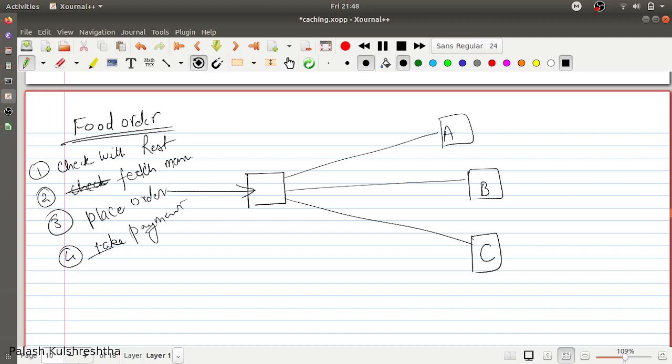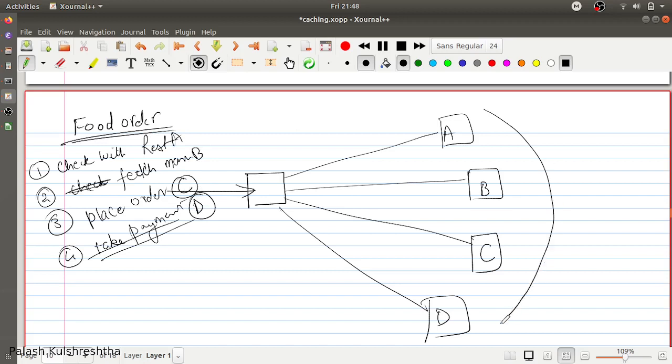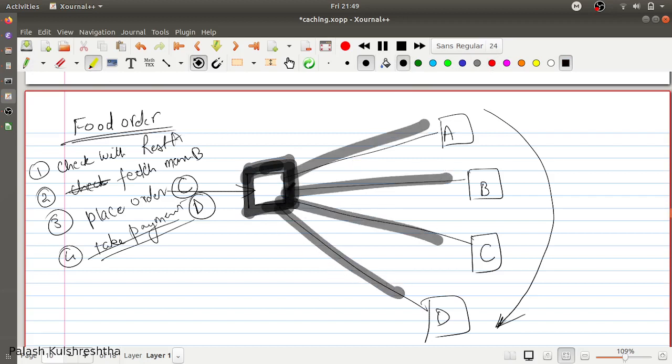You can keep all these things in a single repo like a monolith, but we're going to make them into separate units. So we are going to do this: A, B, C, and D. You have divided your service into multiple services, and this is the orchestrator service, which is interacting with all the services and creating a single workflow for creating an order on your food service. So this is called the orchestrator pattern, in which a single service is orchestrating your workflow.